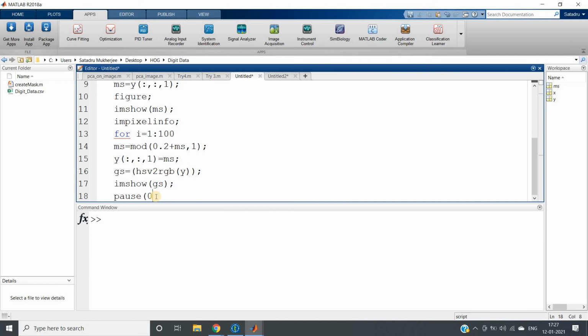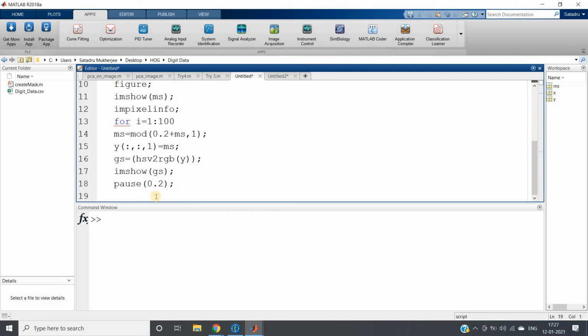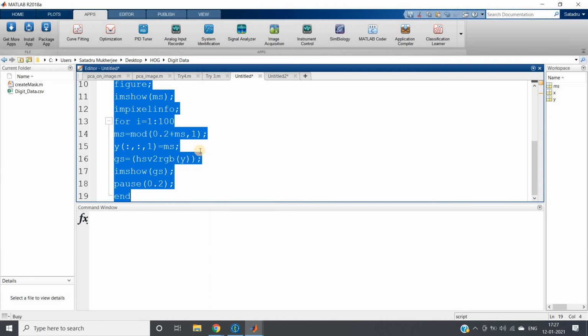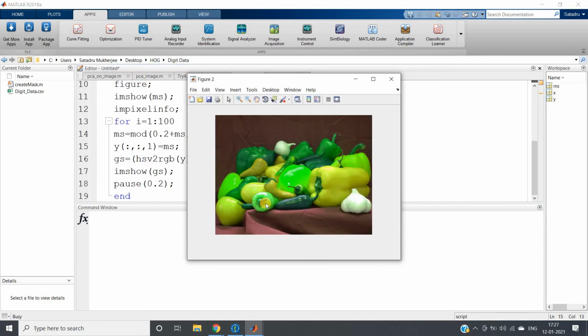We can give one pause for animation purpose in this loop. Let's see. So see how beautifully the color is changing. It appears like some light is falling on it, which is changing its color at certain intervals.